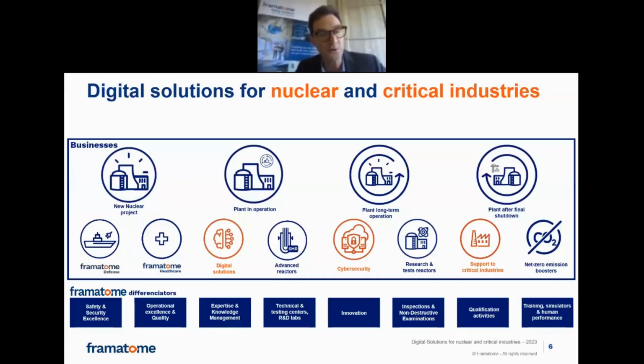Be also mindful that we also operate in other critical industries, such as defense, healthcare, transportation, and others. Those are industries who share with us a common focus on safety, security, and performance. And they typically operate in very critical and highly regulated environments. So we are building from expertise in evolving in those types of industries. And that means we have a slightly different way of designing digital solutions with those aspects in mind.